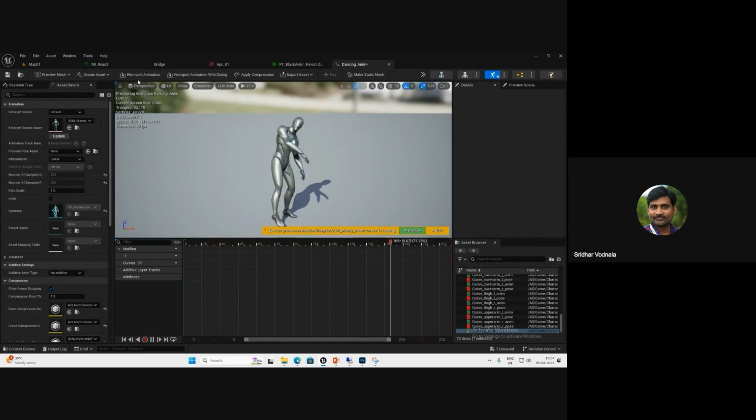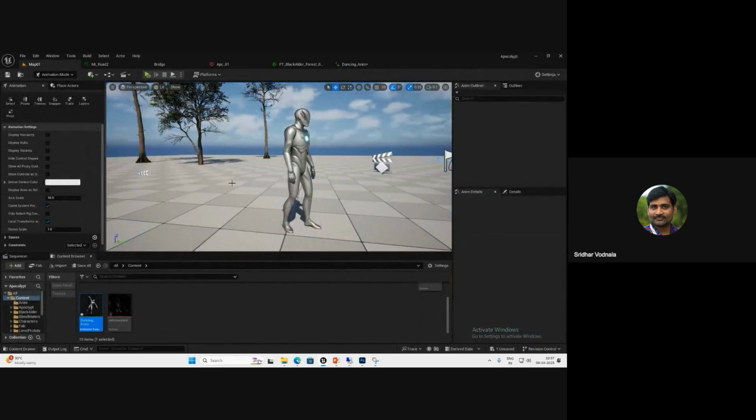Is it clear? Okay, so like this you can use any of the animations from Mixamo. You can directly use it on your default character. You can convert those animations. Is it clear? Okay, so yeah,